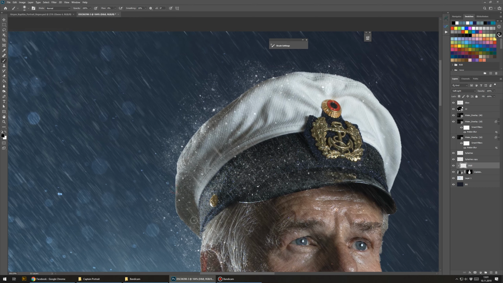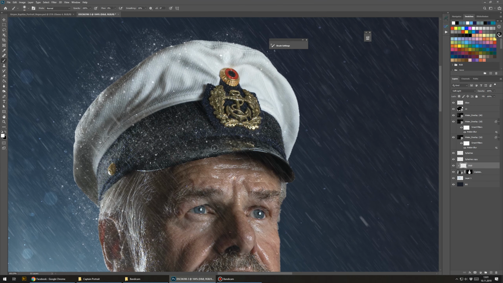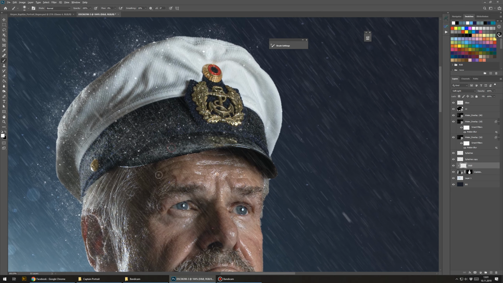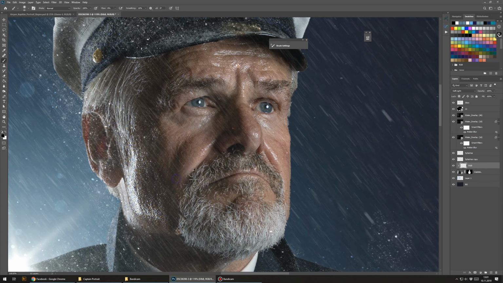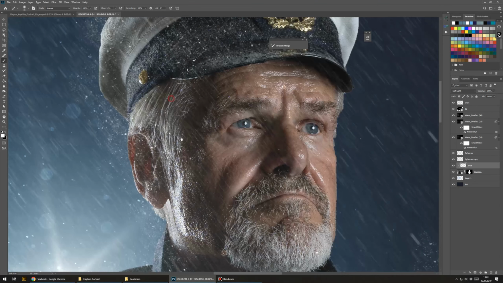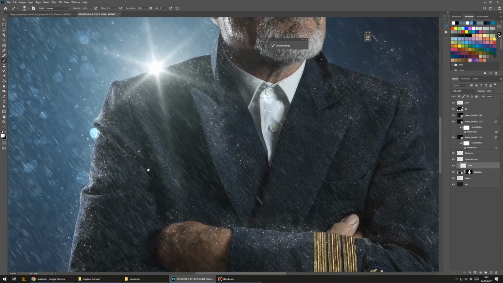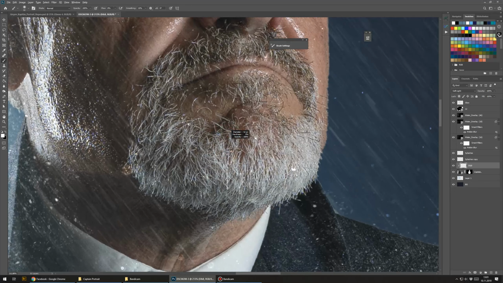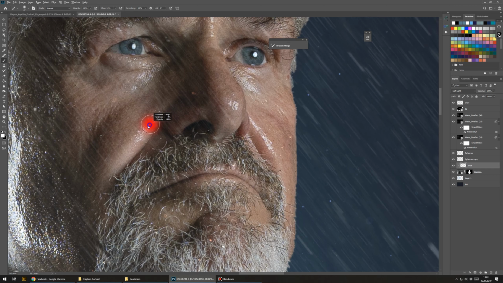And I will also darken some of the parts that were dark before, so that they become more dark. So you can just enhance the contrast on some of the parts of the image. At the shooting, I already used some water, which I sprayed into the face and onto the jacket of the captain,